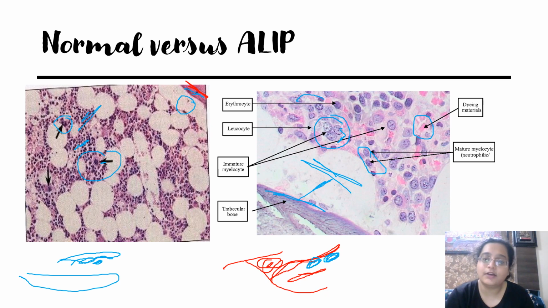And never ever confuse ALIP with LAIP. Now LAIP is something that you see in residual diseases, MRD, minimal residual diseases, and then you see an LAIP. And I'm going to deal with that when I'm taking leukemia, not right now. Okay, so don't get confused between the two terms. LAIP is something else, and this is ALIP.